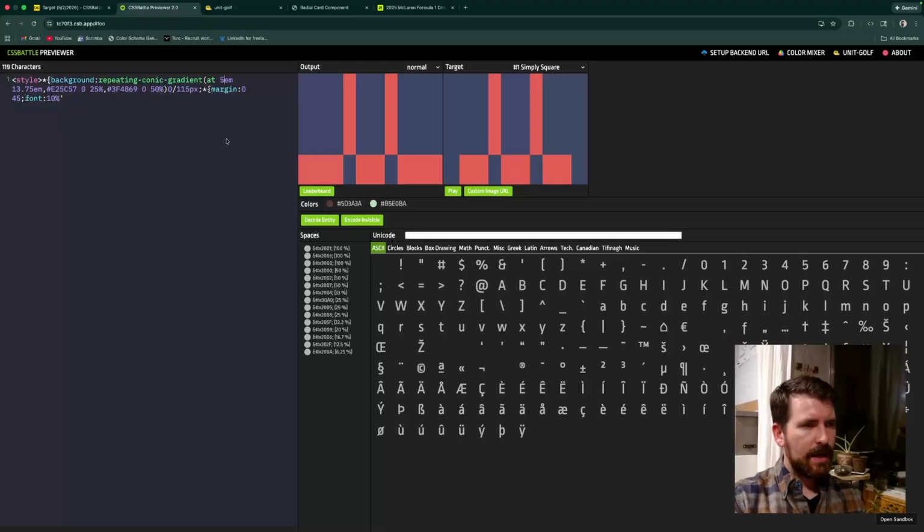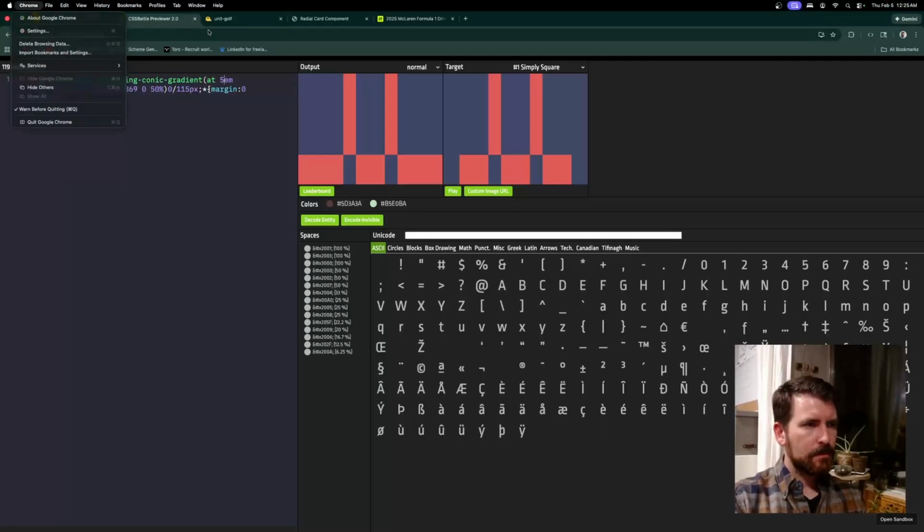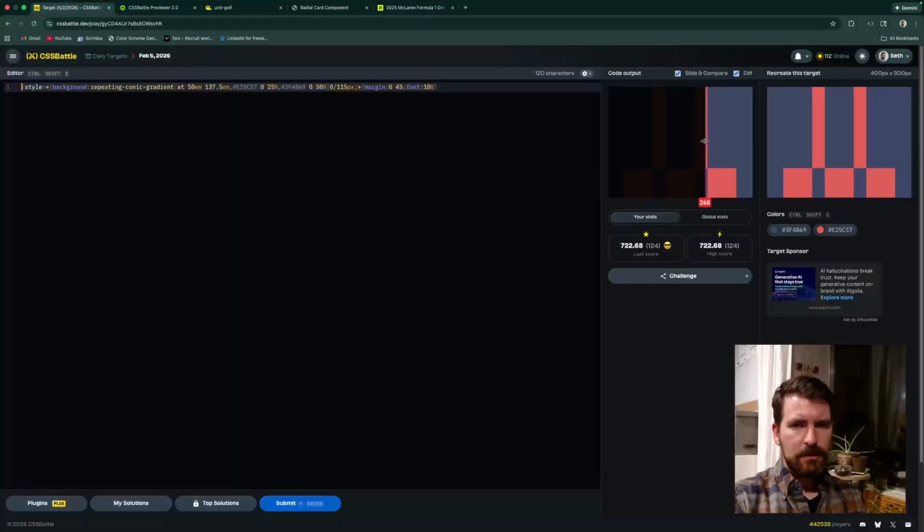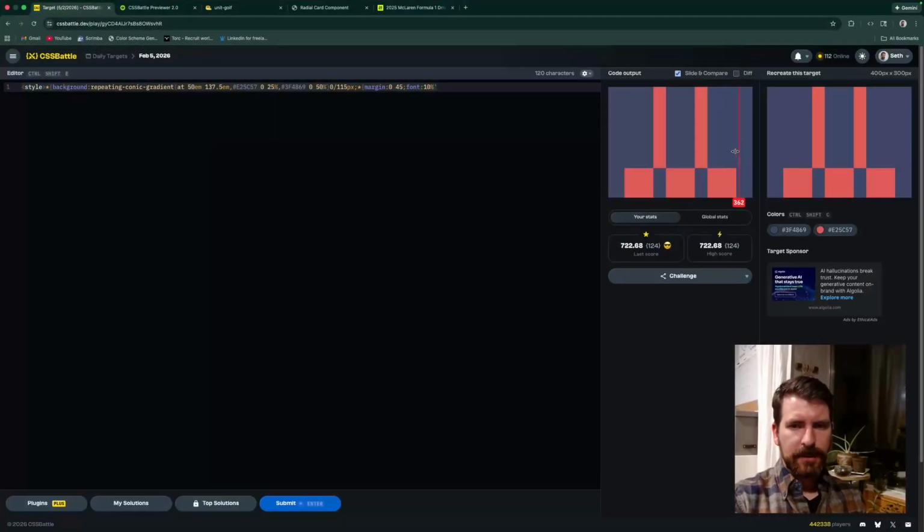So why is it not? It's working. Oops. See, here, it's rendering everything properly. It's all rendering like I'd expect. We're doing 50M, 137.5M, and then I'm saying, hey, font is now 10% of what it was. So 10% would be 1.6 pixels. I could do something less. Maybe we do